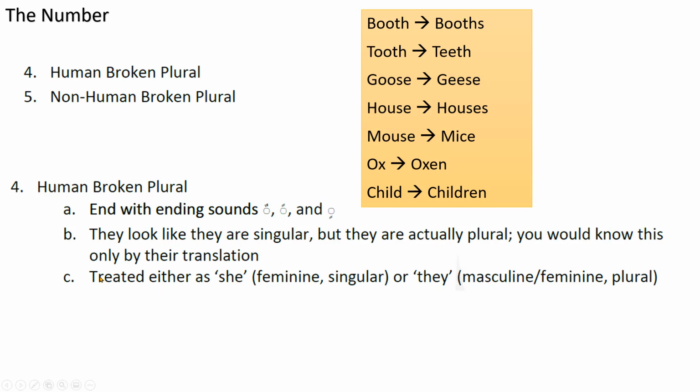Okay, the number 3 thing is a very important concept, and please open your mind. You need to understand that. When there is a broken plural, if it is a human broken plural, although it's a broken plural, the gender of the plural can be considered as she, or it can be considered as they. She, if it's for the human broken plural. For non-human, it is always she and considered as singular. Okay, I know you'll be a bit confused. I will explain, and inshallah it will be clear.